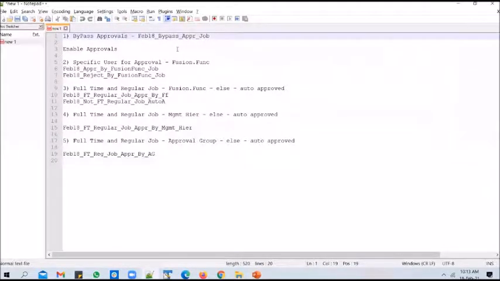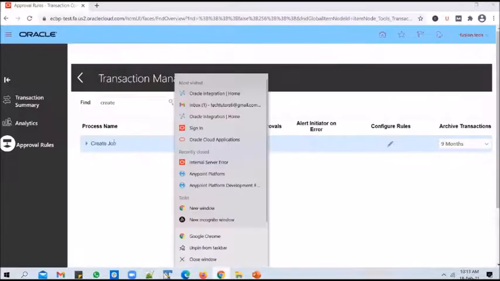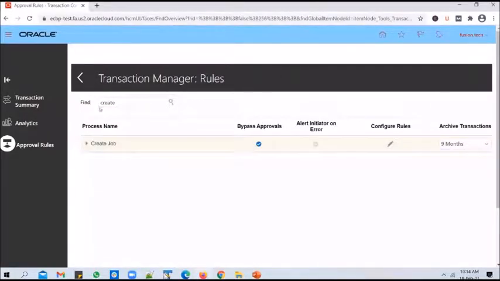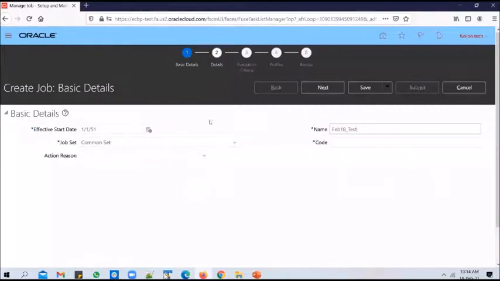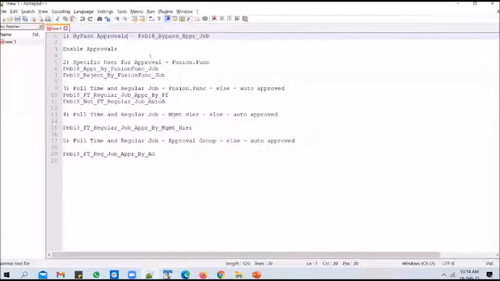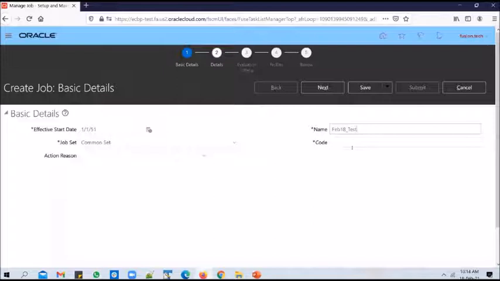Okay, so the first test is bypass approvals. We have approvals bypassed at the moment for the create job process. So we are in the create job screen now in the same application, ECBP test, and we are trying to create a job. I'll just use Feb 18th as an identifier. We'll just call it a bypass approval job.